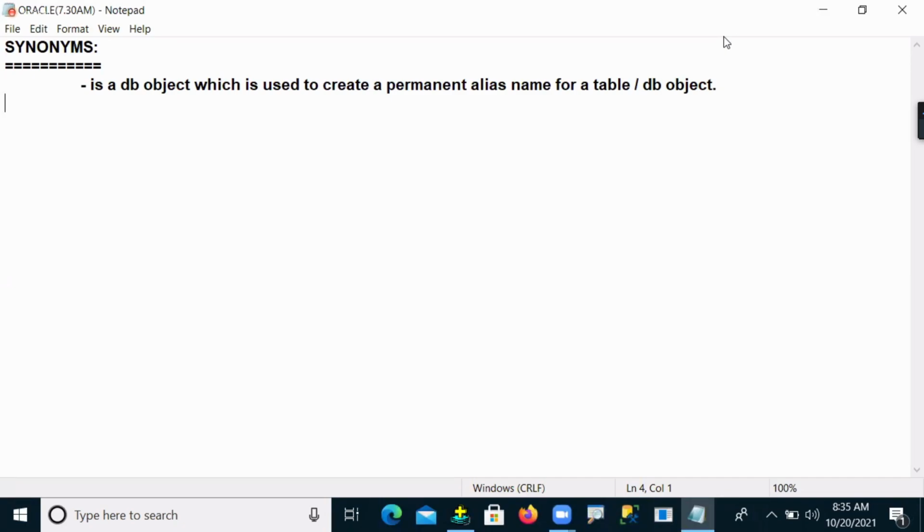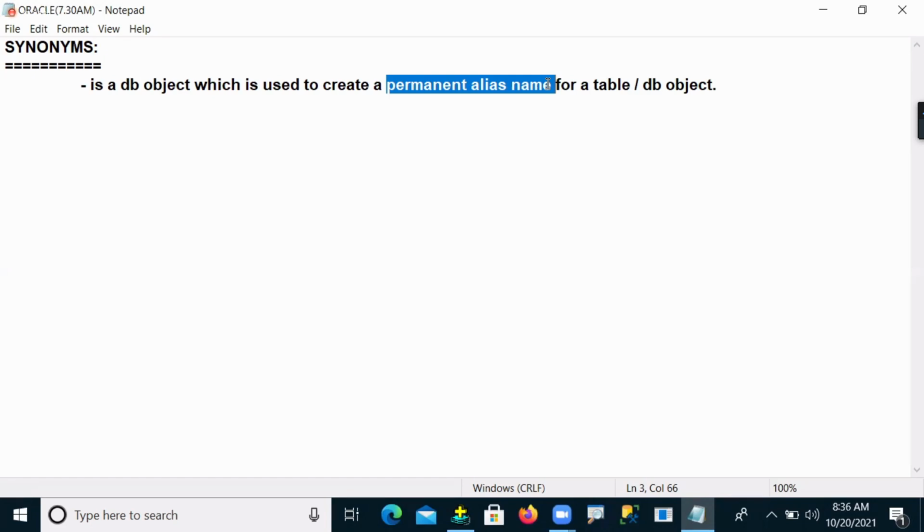So why am I saying permanent alias name? Whatever name we are creating, an alias name is nothing but some duplicate name. Whatever we created, those duplicate names are stored under database memories, so these are called permanent alias names.